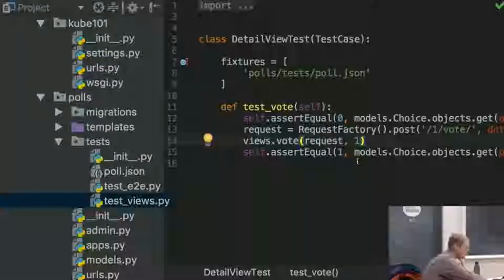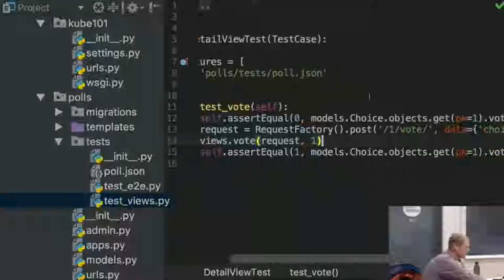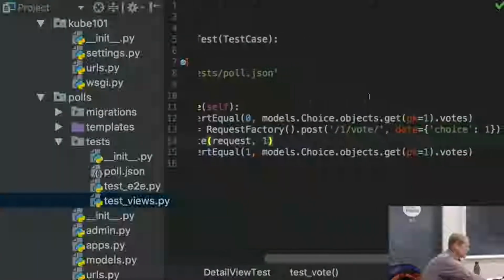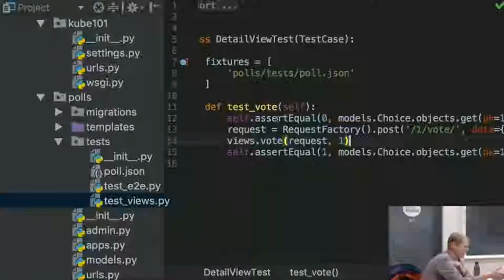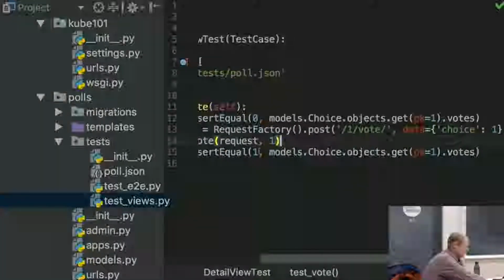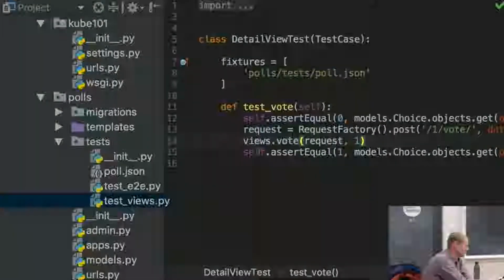It tests the voting process. The test starts with fixtures. We have a fixtures JSON. When the test starts, we assert that there's no elements in the database. Then we put a request to the method, and after that we assert that there is actually a record in the database. Pretty simple unit test, but just to make a point. So if you have a test like this and you want to bring this to Cypress,